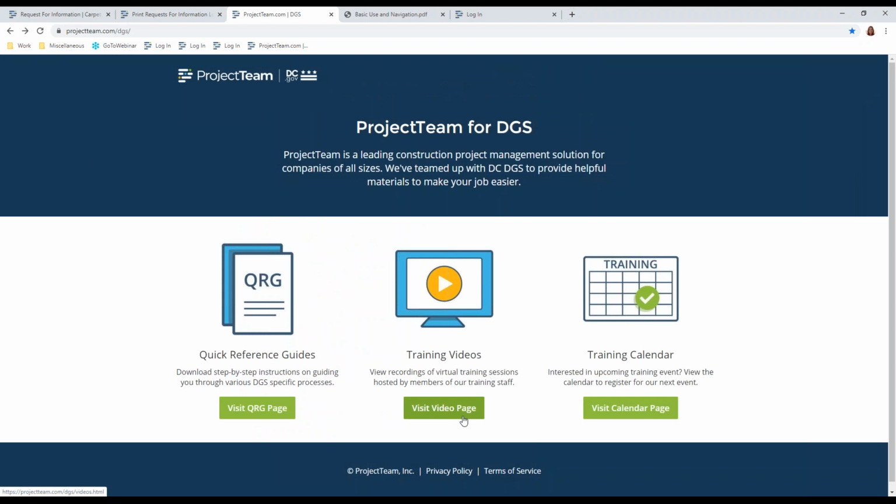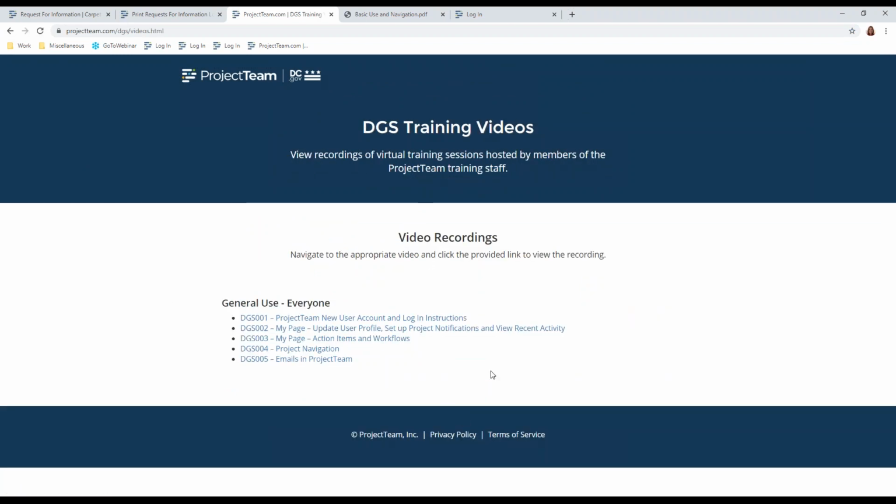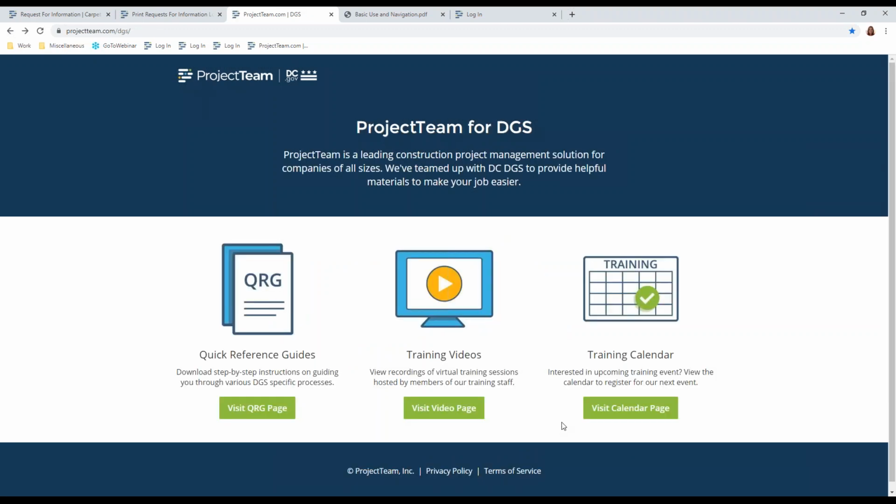If I want to watch videos, I'm going to upload this video in just a little while, but I can go to the video page. And I broke this down just a little bit for new users. If you quickly wanted to find out where you needed to go for a new user account and login instructions, project navigation takes you through everything I just did today. We will be uploading the videos for the classes that we're hosting, so you will be able to go to the videos that are specific to you. They'll be pretty long and detailed,